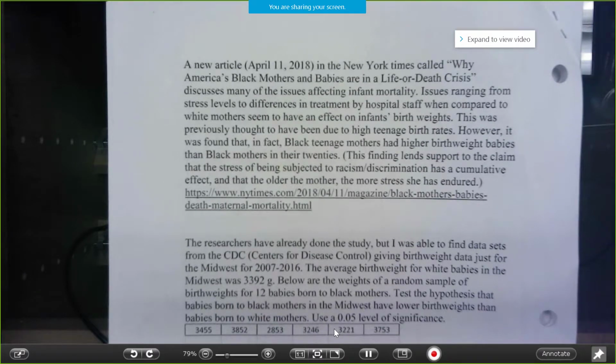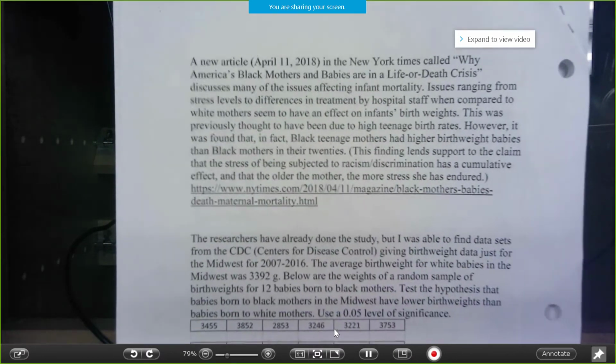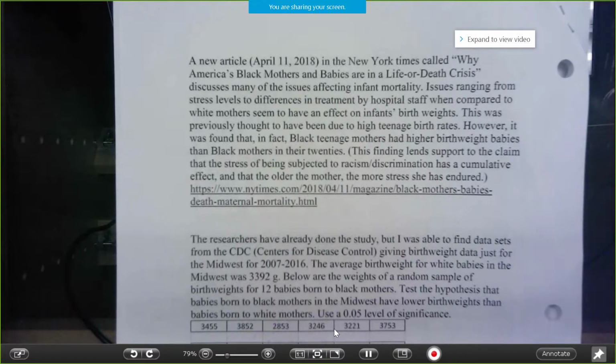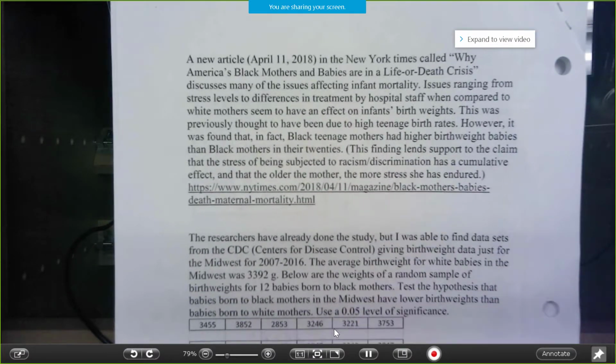So the lower birth weights were found a long time ago, like 20, 30 years ago. But at the time, people said, oh, well, it's because Black mothers are younger than white mothers on average. And so they said, okay, well, it's probably because of the young mothers. But then they found that, in fact, when you looked at teenage mothers, they had higher birth weight babies than mothers in their 20s. And so then researchers said, okay, well, stress, like the stress of dealing with discrimination and